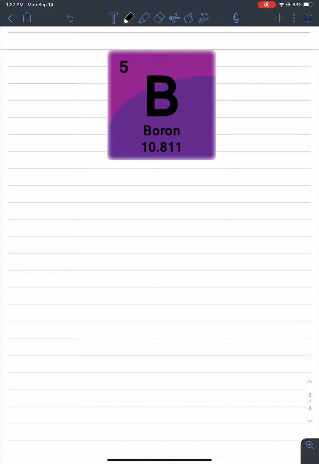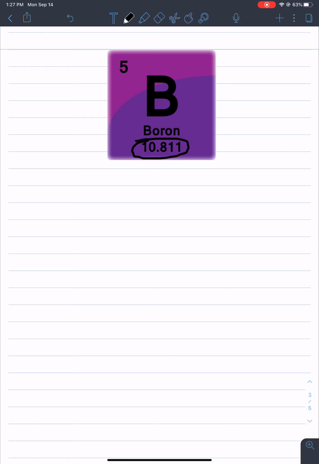Alright guys, today we're going to be talking about something called the mass percent. We're going to try to calculate the mass percent. But first I want to start by looking at this element boron. When we look at the boron element, we notice that this number down here, the mass number, is a